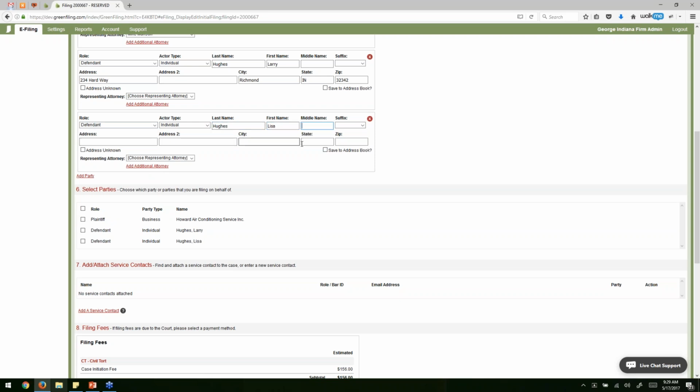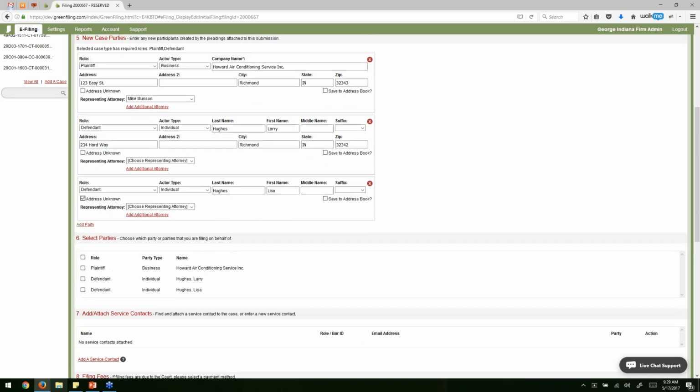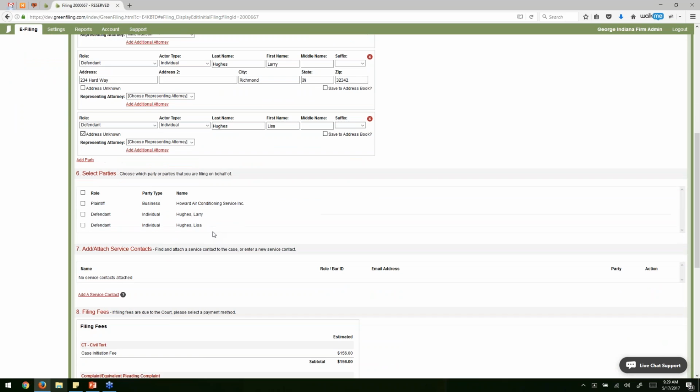You can complete the address. If you don't know the address of a party, you can just check this address unknown box and it removes those fields as a requirement. So you can continue to click this Add Party link as many times as you need to add all your parties on the case. For this example, I'll just stop with the 1 plaintiff and 2 defendants, and we'll move